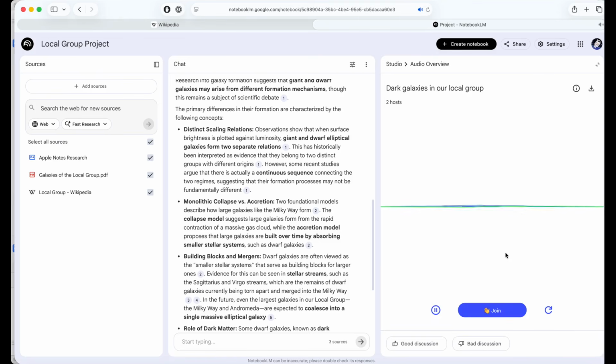That is a wonderful request. Yeah, that helps us out too. We can absolutely frame this for you. Okay, let's unpack this. So today we are doing a deep dive into the local group. That's our immediate cosmic neighborhood, the home of the Milky Way. We're going to start by looking at the physical structure, specifically how it's shaped like a cosmic dumbbell, and we will detail its size, which is immense. We'll talk about the